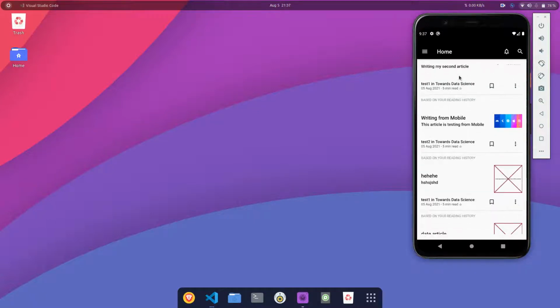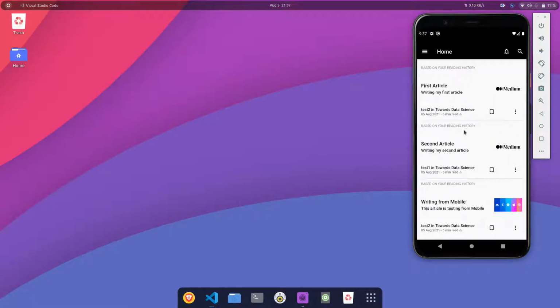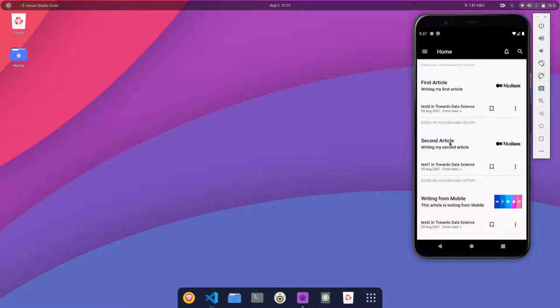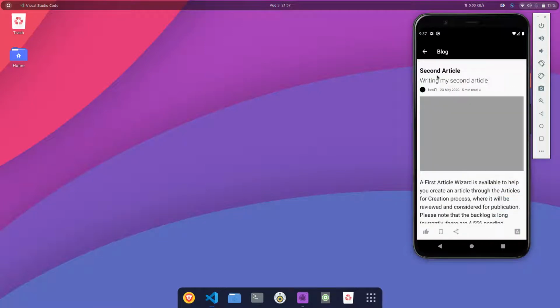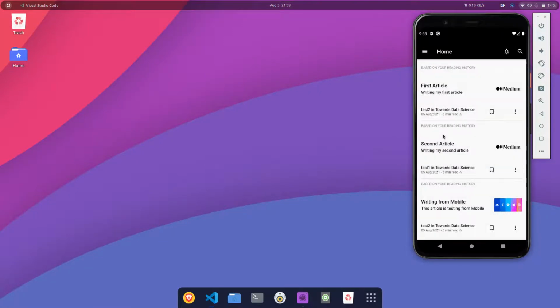There are many clones of Medium on the web that are based on React, Angular, Node.js, but there are very few that are based on Flutter. So here I will be sharing and showing one of my personal projects with you all so that you can learn and get help from it in your upcoming Flutter projects. So let's get started.